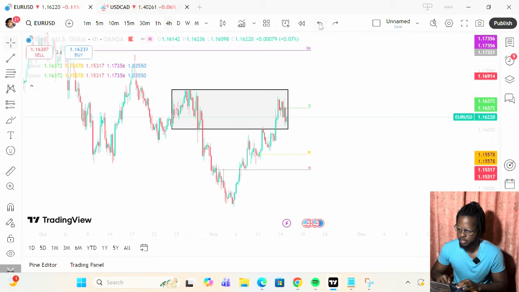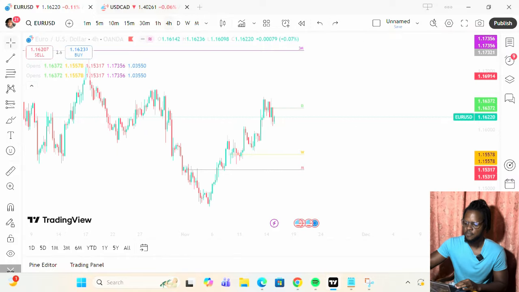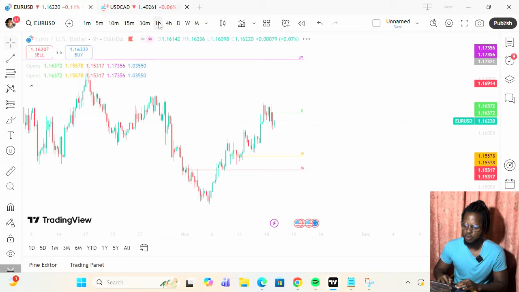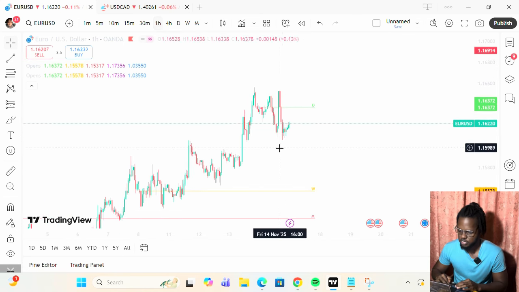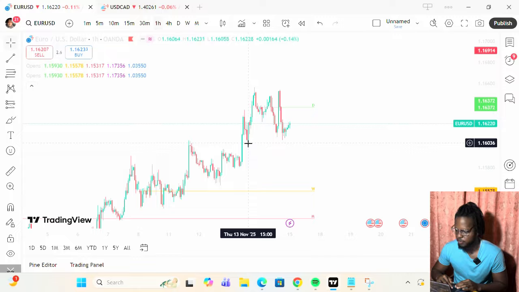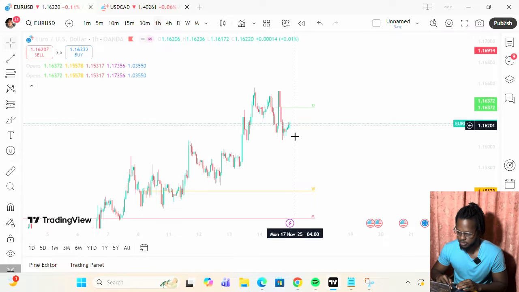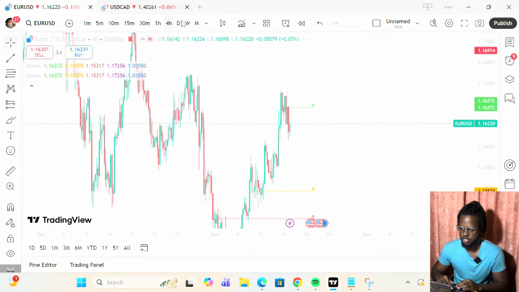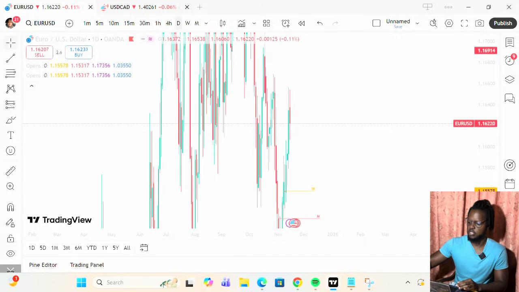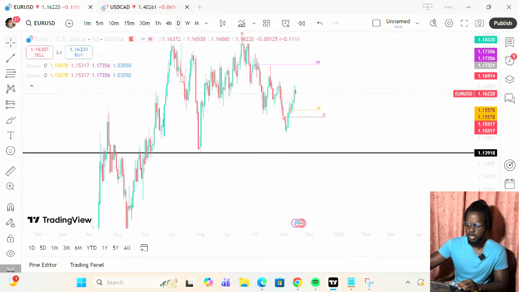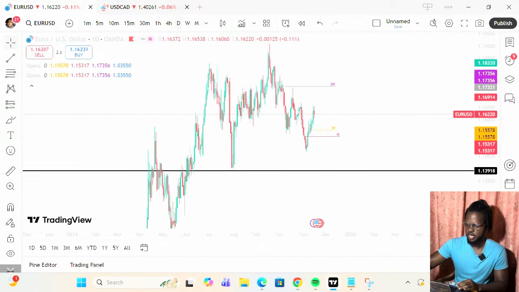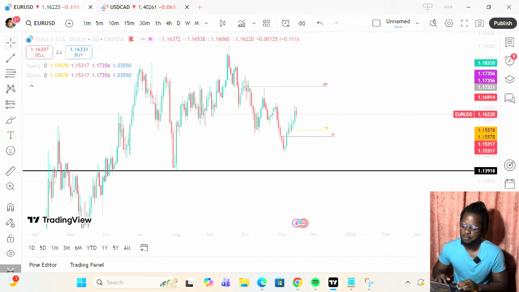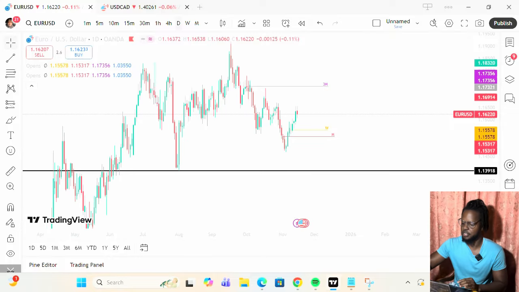And what am I looking for? I'm looking for price to interact with this, and I'm looking at shorts, right? So I'm going to look for a 1 hour fractal break to the downside, which looks like we're on our way to doing. Once this fractal low goes, right here at 1.6036, I'll be looking for a retest from that supply zone, and then I'll just continue shorting this to the downside, because for USD, I'm still looking at further upside. Overall we are bullish, like overall we have been just buying, but I think the immediate order flow is to the downside.